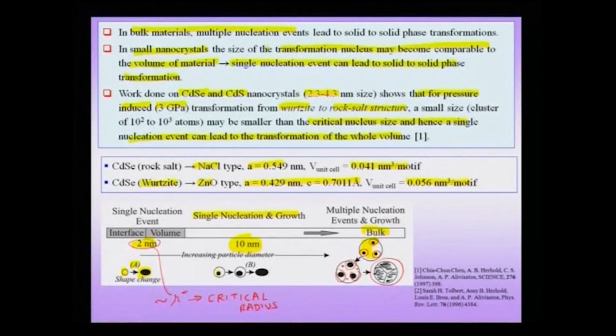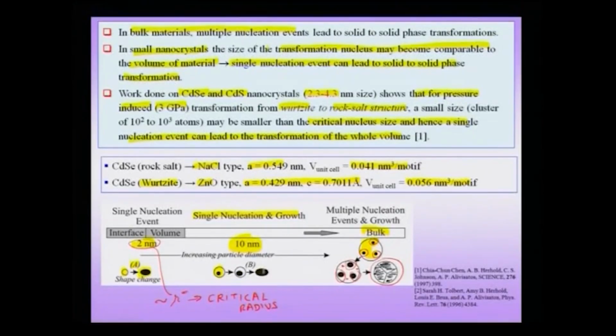phase transformation, but there needs to be a certain growth, because the nucleus size, as you can see here indicated by this black, is actually smaller than the particle, but there is not sufficient region around it for a second nucleus to form, given the small size. Therefore, this nucleus grows, leading to a complete phase transformation. And finally, of course, you have the bulk, which, as I told you, could be of the order of 100 nanometers or more, with multiple nucleation events followed by growth, which is the usual mechanism for